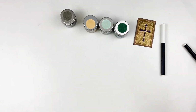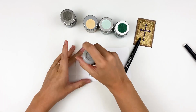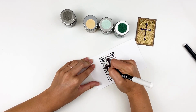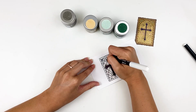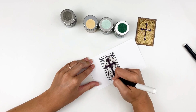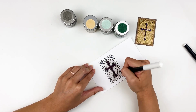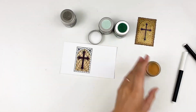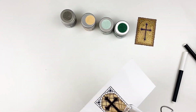It is a little tricky because it's clear, so it's hard to see where you've put it, but just work slowly, methodically, gets the job done. So I heat set that gray, I think that's Hickory Smoke, applied my powder tool again, and then now I'm going in with the background. So I've picked out a bigger tipped pen. I'm covering the whole background of that, and then I'm using some antique linen